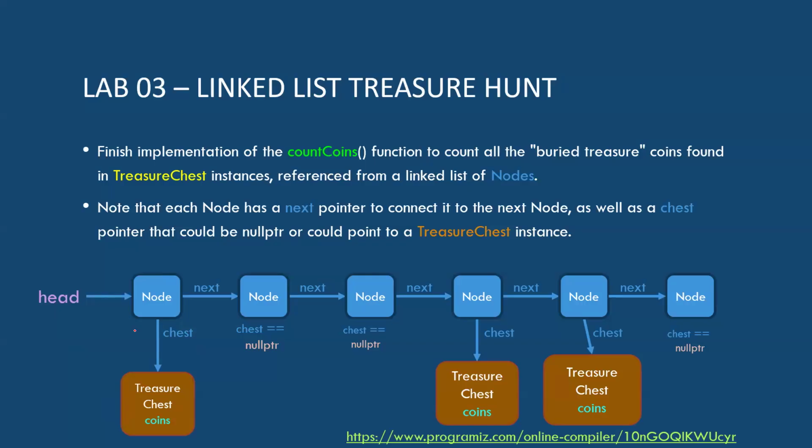So we have our head, and while the head, or while temp or some pointer, is not null, we're going to loop around until we hit our null, okay? So we should go down the path. And of course, at the end, our pointer is going to end up being null, but we should have finished adding everything up by that point, and we should get 100 coins, okay?